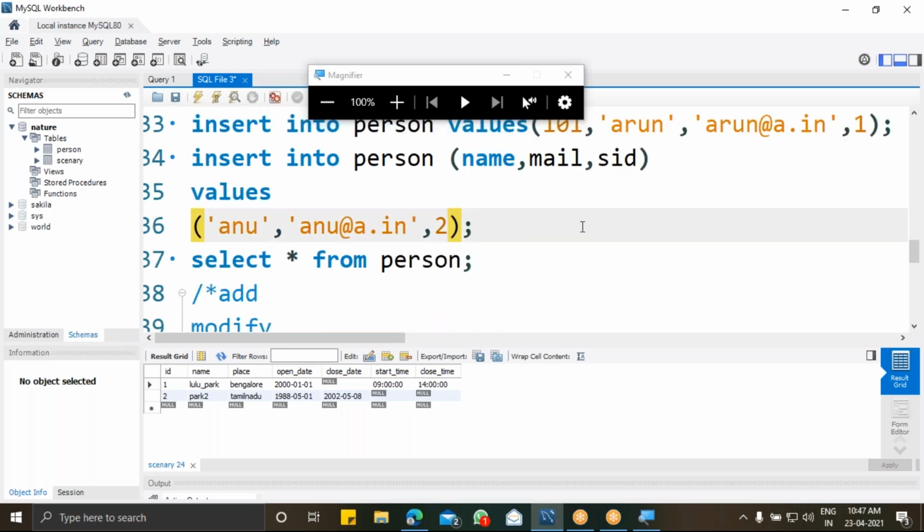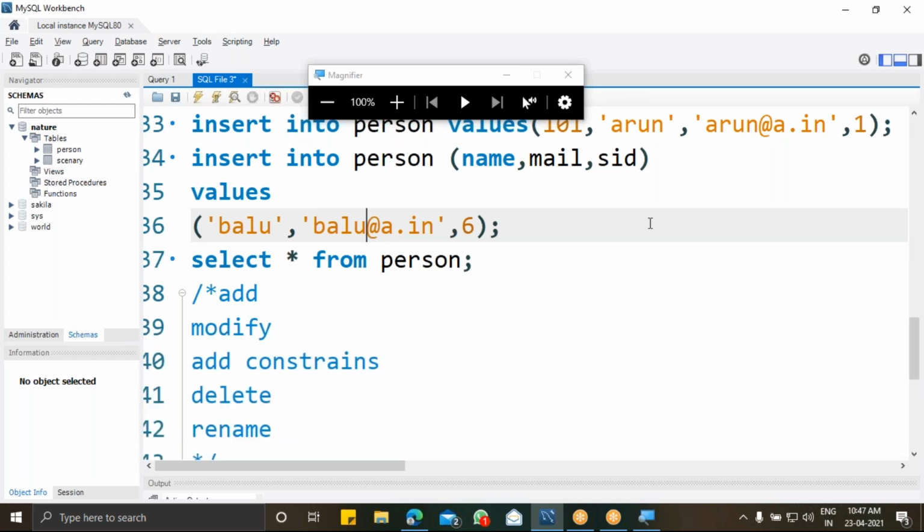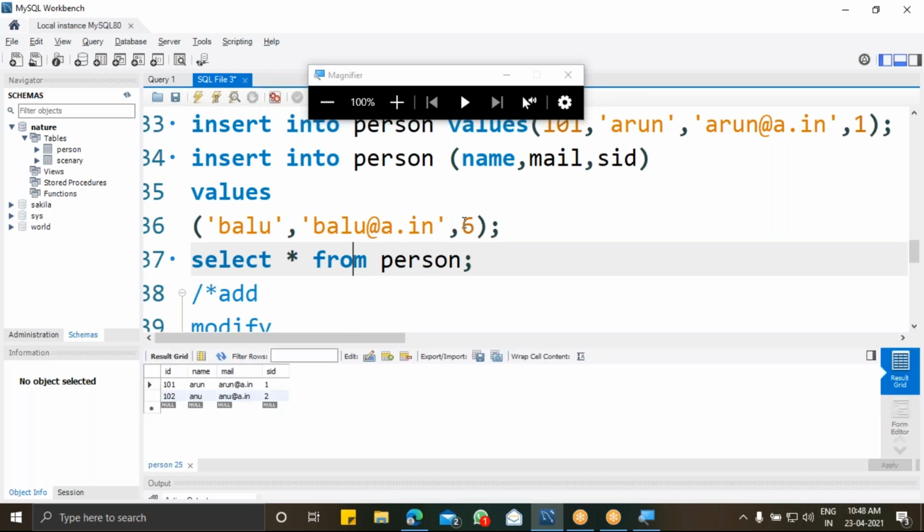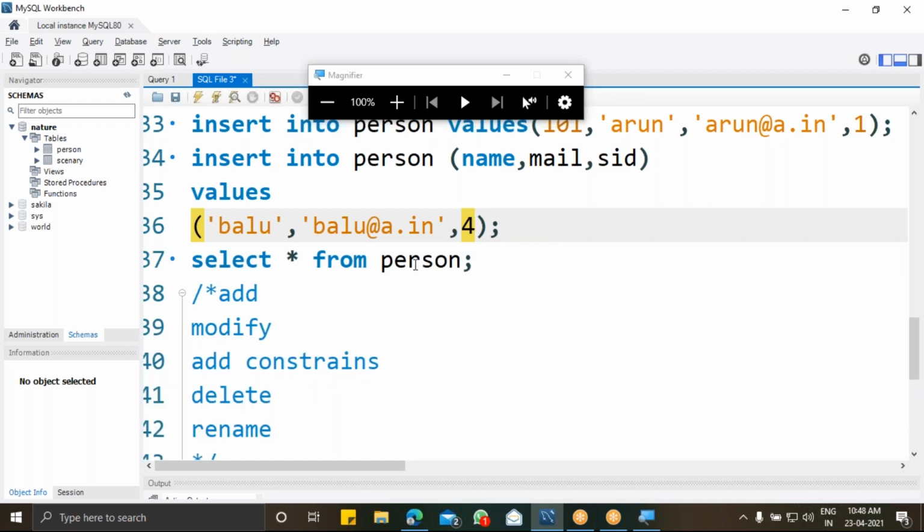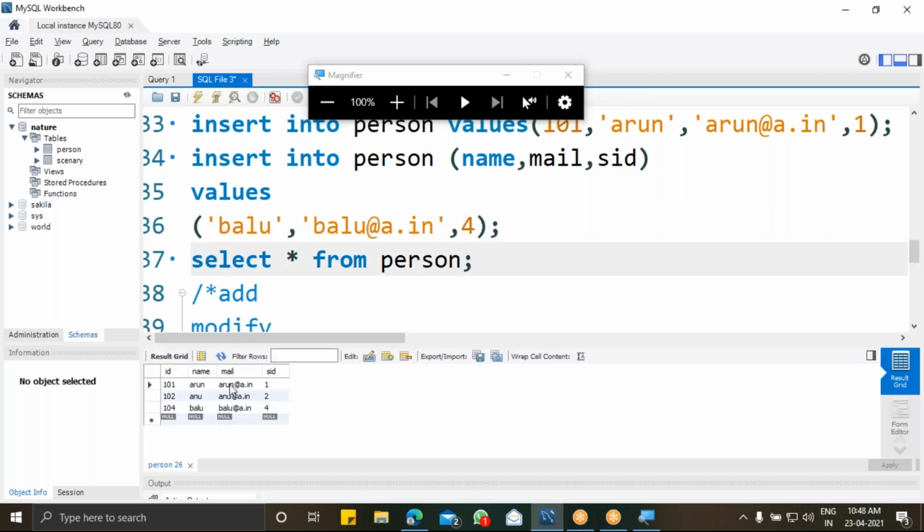Okay, I'm just going to add some more fields to my table. Okay, since 6 is not there, it is not inserting it. So now we can see it's inserted. And now also I can insert 5.